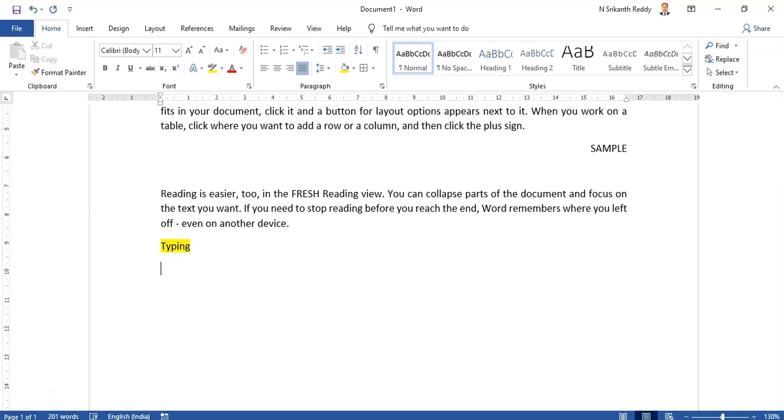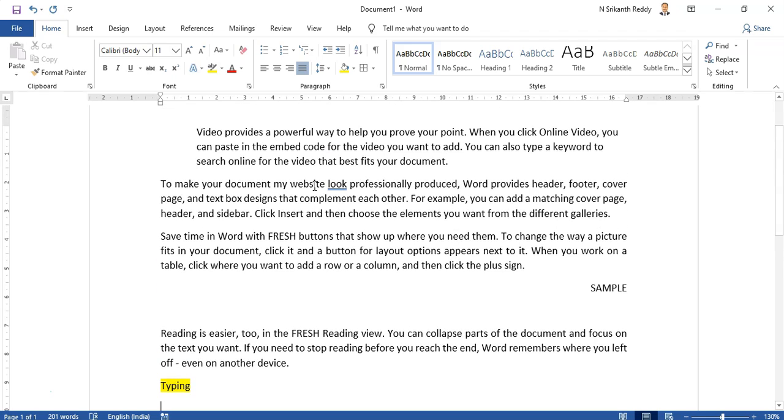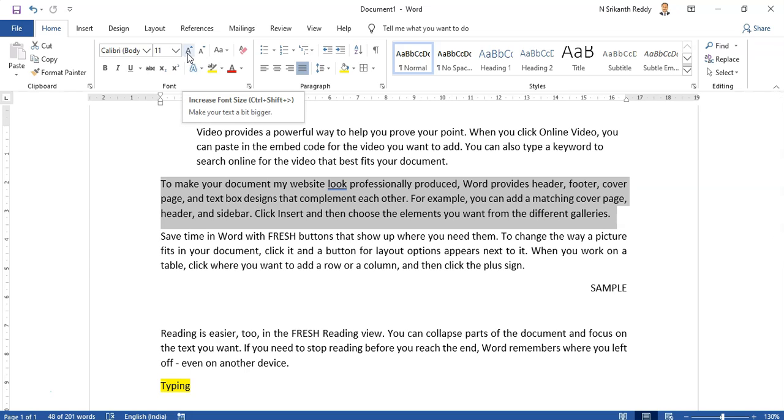For example, Control with square brackets, opening and closing. Let me select this text and I want to increase the font size 1 point at a time. Normally, you have a button here called increase font size.